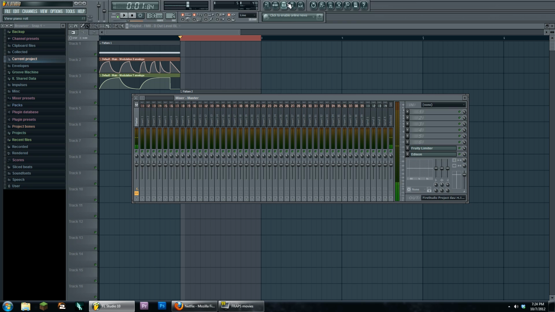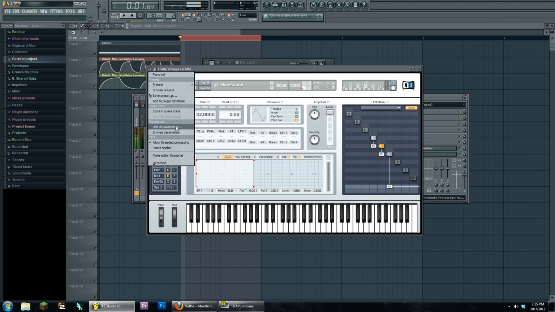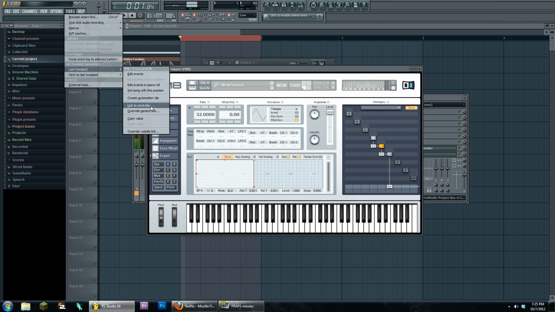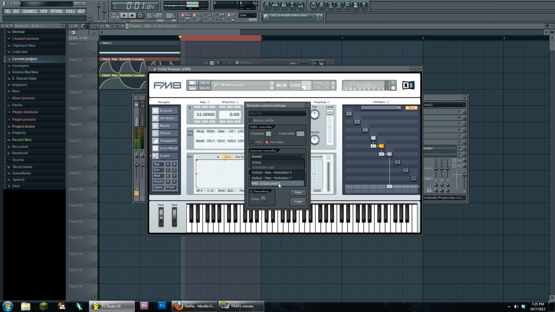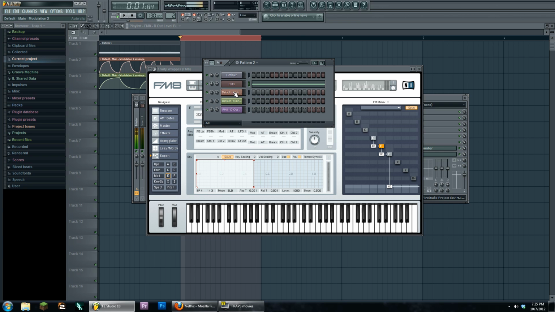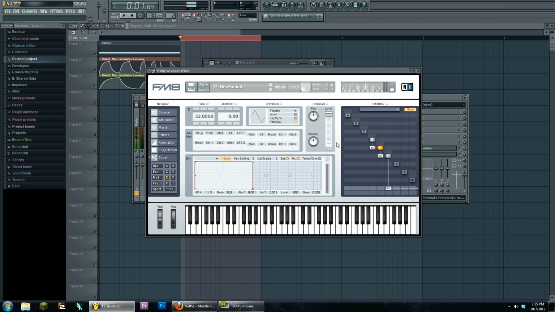All right. Back in FM8. I also want this to be the same controller. So we're going to go to, not this window, Tools, Last Tweaked, link to controller, and link it to this. So now you notice in Sytrus how the high harmonic was only FM'd a little bit. So in this regard, we're going to make it so that it's very quiet. And so in order to do this,